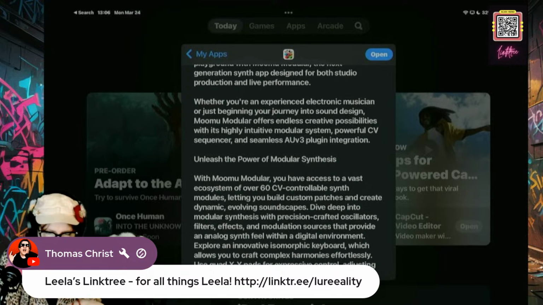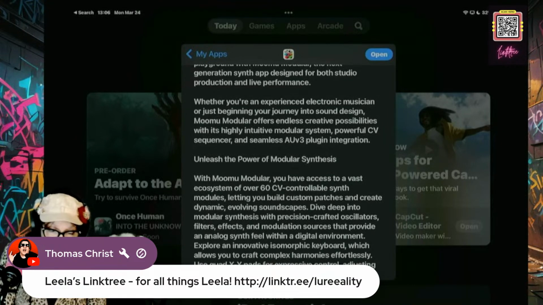Dive deep into modular synthesis with precision crafted oscillators, filters, effects, and modulation sources that provide an analog synth feel within a digital environment. Explore an innovative isomorphic keyboard, which is like the one in GeoShred Play. It gives you a grid to play on, and I am loving it so much. It allows you to craft complex harmonies effortlessly.